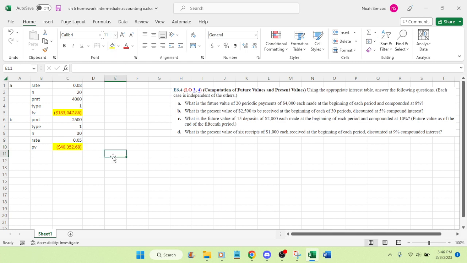C, we have 15, so N is 15. We have payments of 2,000. Type 1. I don't know why they're all in the beginning. Okay, the compounded rate is 0.1. We're looking at